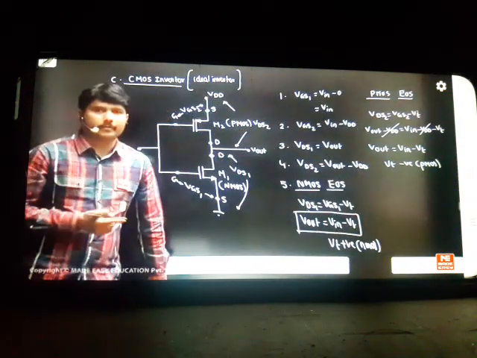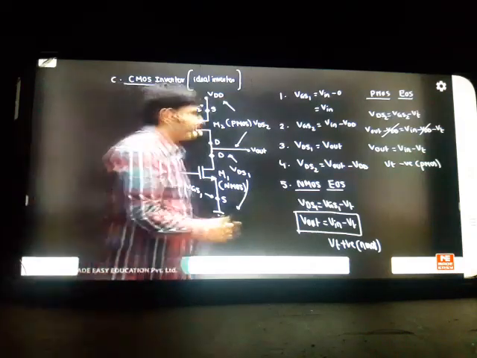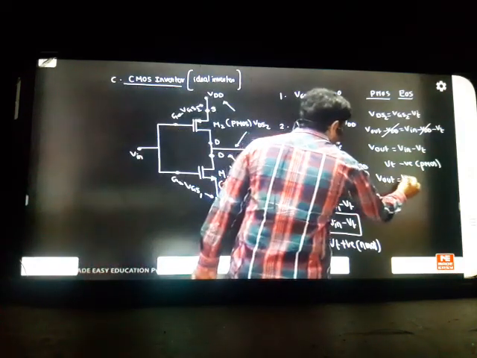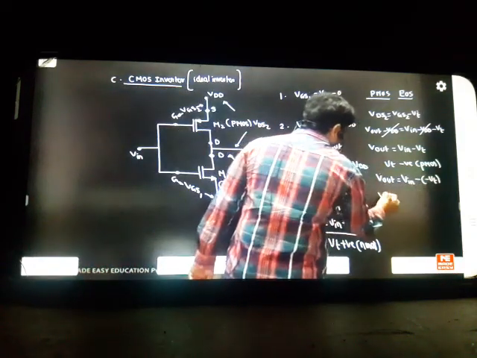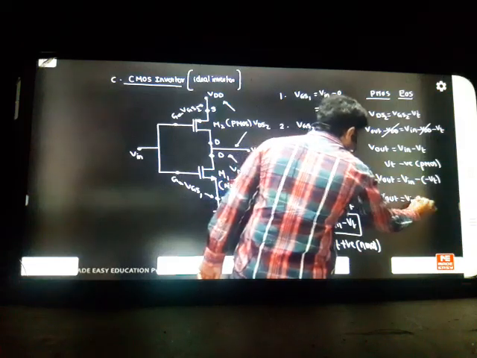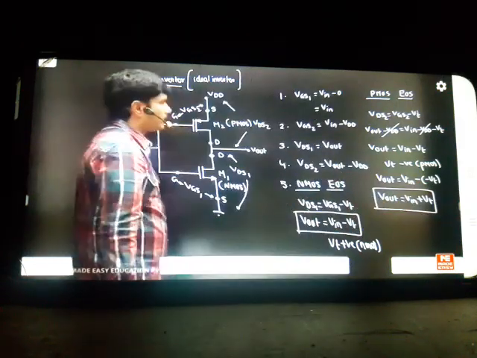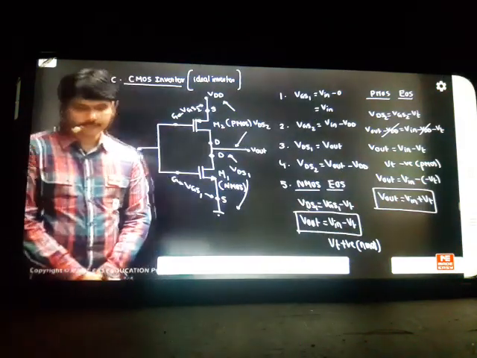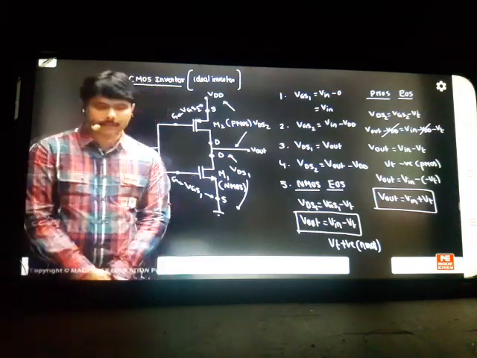The threshold value for enhancement modes, if you see, this will be positive, that will be negative. Therefore, your V out, if you apply the sign there, it will become VIN minus of minus VT. So your output will become VIN plus VT. So this is the story of your boundary lines. One is the NMOS boundary line, one is the PMOS boundary line. You are getting two different lines. So this is the small mathematics before starting the graphical analysis.